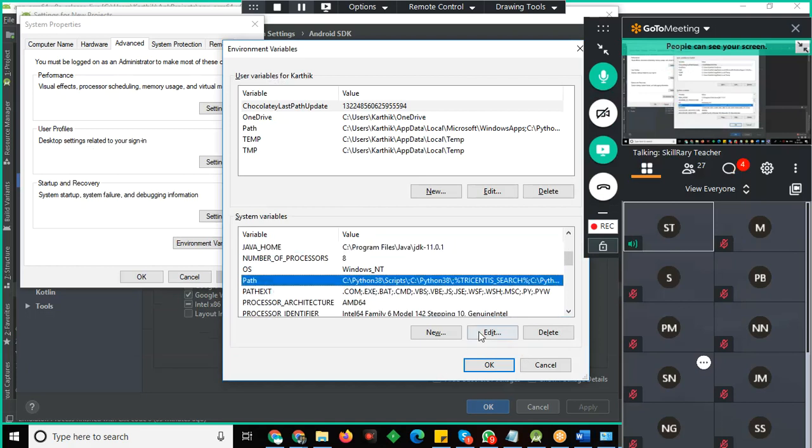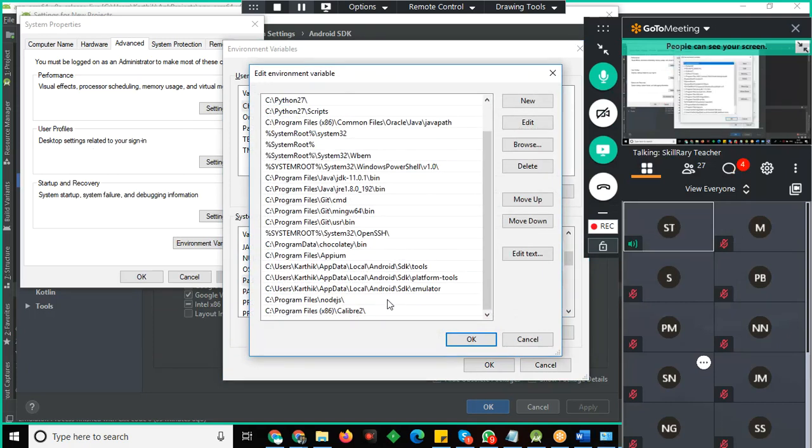Under Path, you need to configure these three things, that is tools, platform-tools and the emulator.